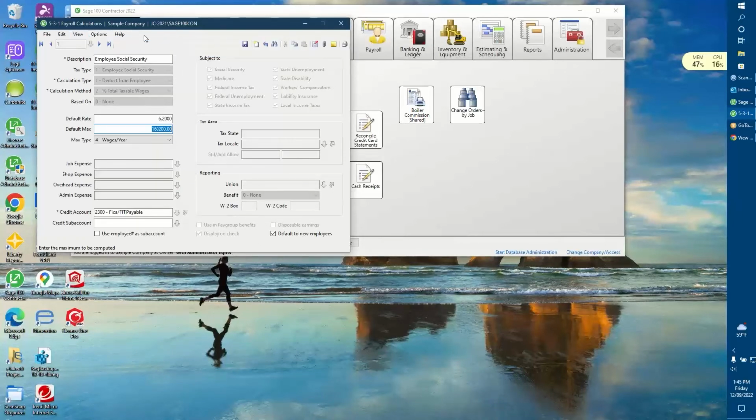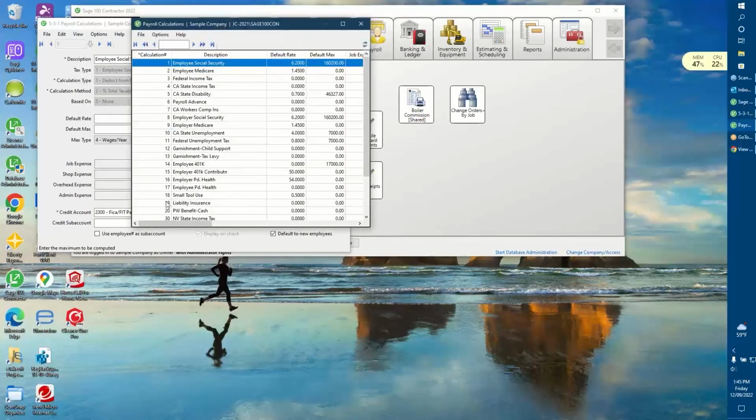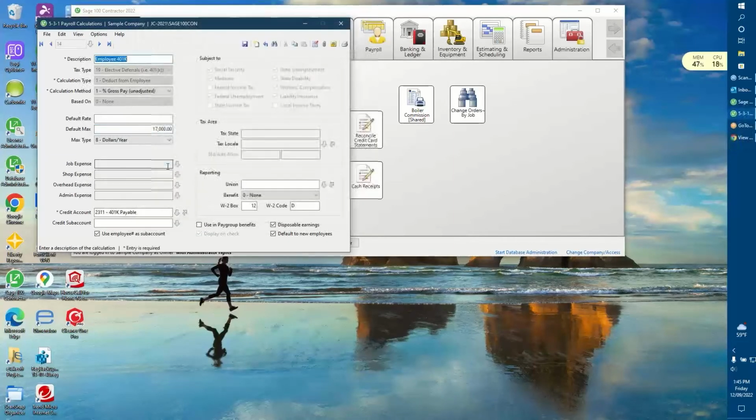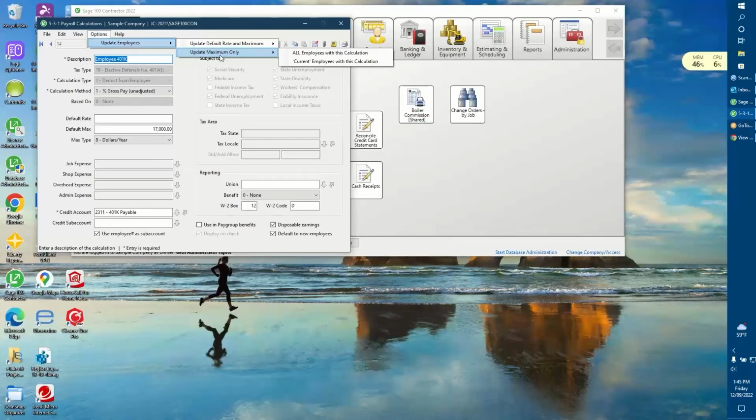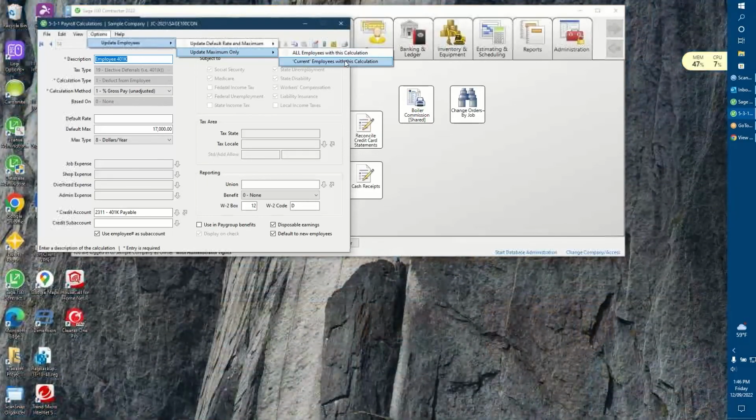When we get to things like 401k, that's why we have this other choice over here, update maximum only. Otherwise, you have individual rates for each employee, and it's going to wipe those out with whatever you have as a default rate. So make sure you use option number 2, and you can do all or current, it doesn't really matter.